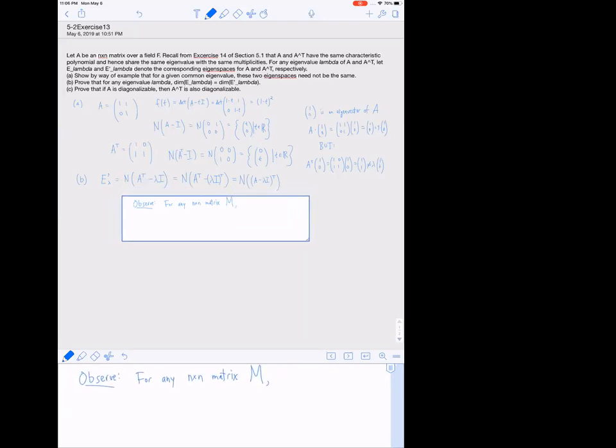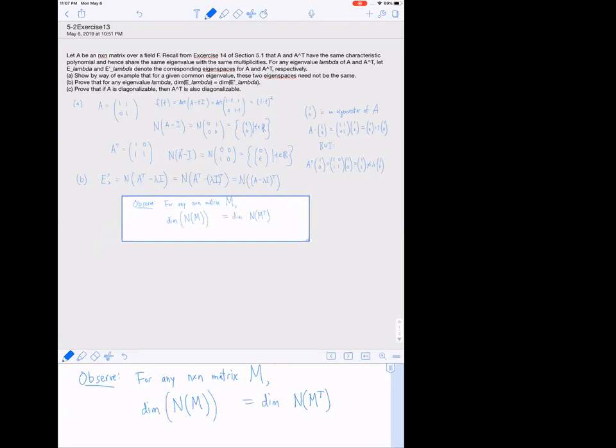What is the null space of M compared to the null space of M transpose? Well, if you play around with a couple of 2 by 2 examples, you'll see pretty quickly that they're not the same. The null space of M does not have to be the same as the null space of M transpose, but the dimensions